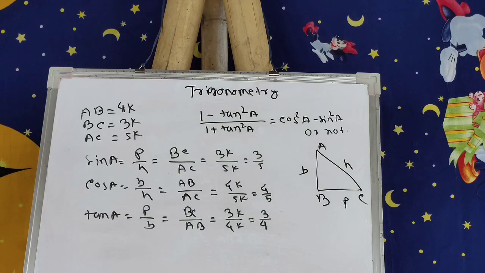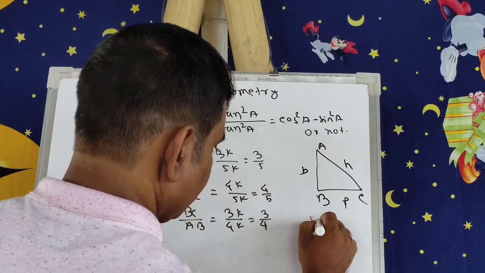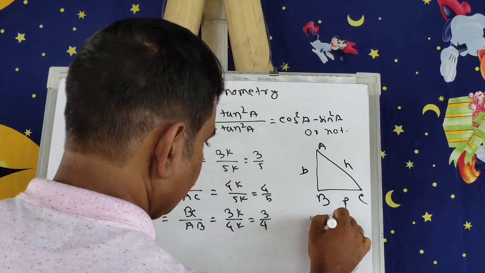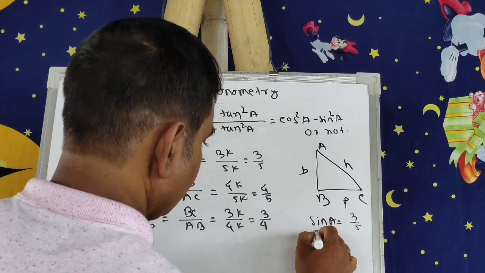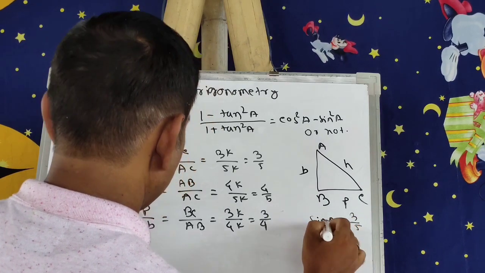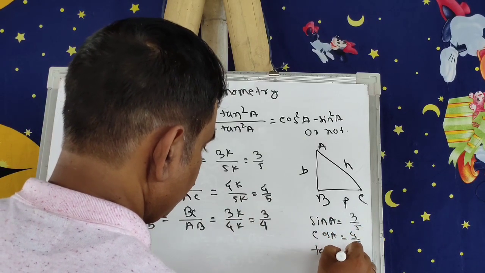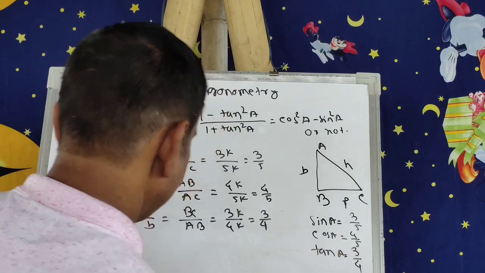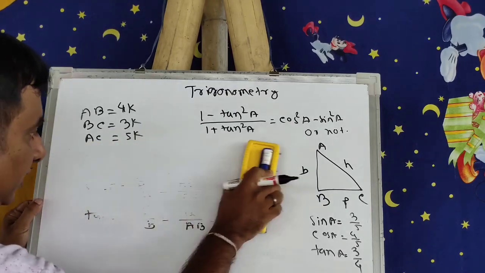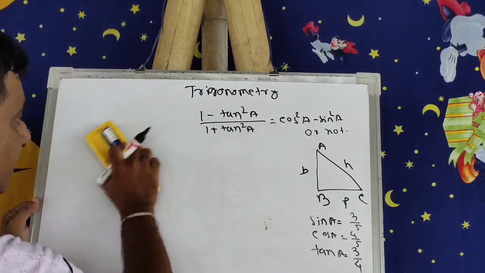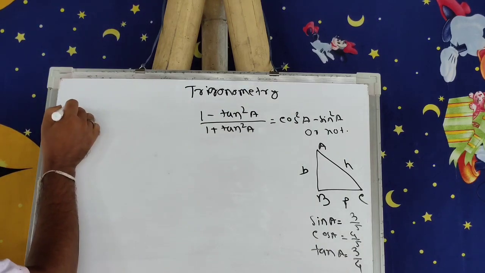Okay, fine. So I have the value of sin A equal to 3 by 5, cos A equal to 4 by 5 and tan A equal to 3 by 4. Good. Now I will check whether the left hand side is equal to the right hand side. So the left hand side is